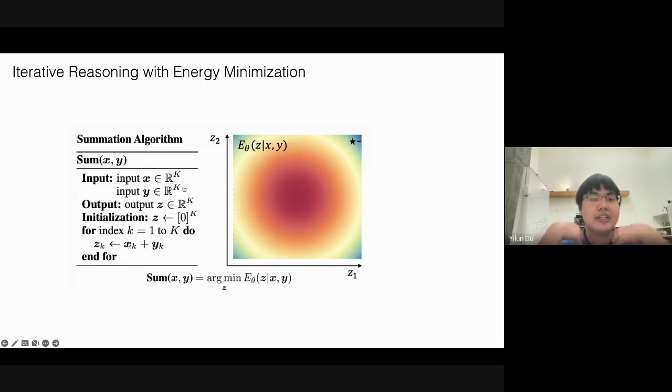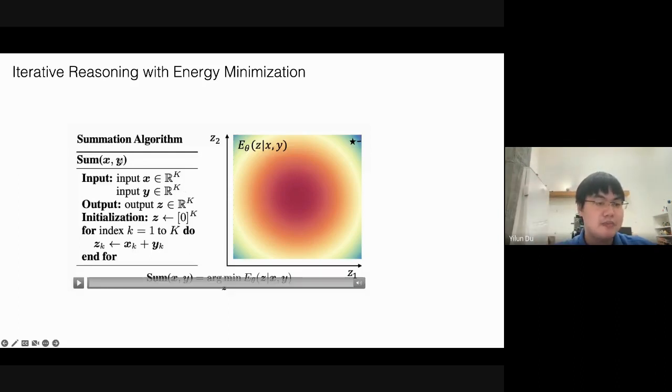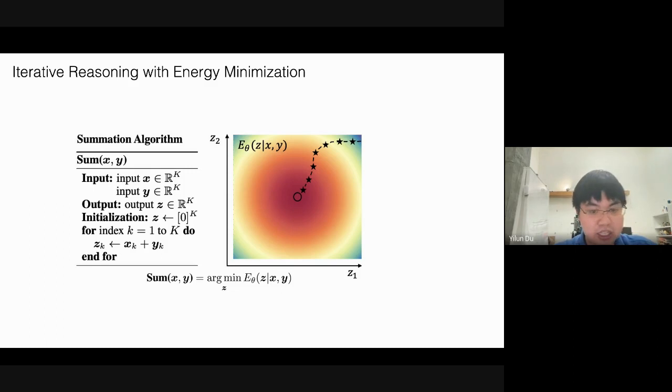So, as a rephrase of what I was talking about earlier, how can you convert all types of different algorithmic problems into this iterative reasoning framework? Most algorithms or a large number of tasks you care about, you basically have some inputs and an output you would like. The idea is that you formulate the output you would like as an optimization procedure on your energy landscape defined on the inputs. So in this case, if your two inputs are x and y, then you run an optimization procedure on z to find your final solution.